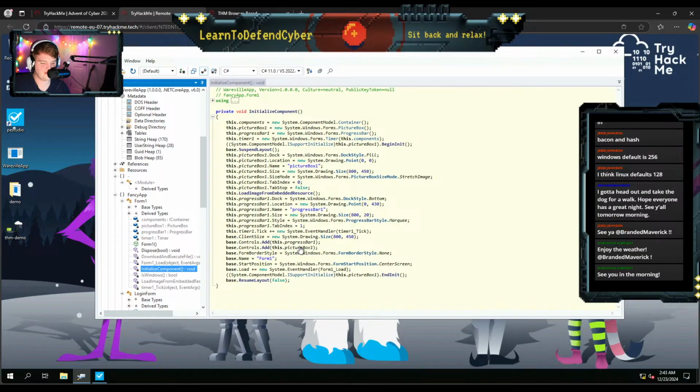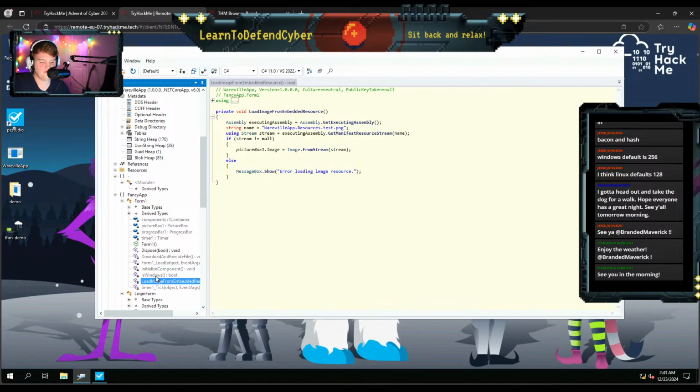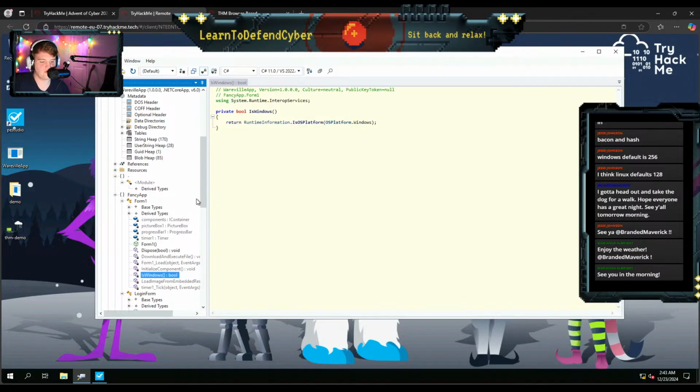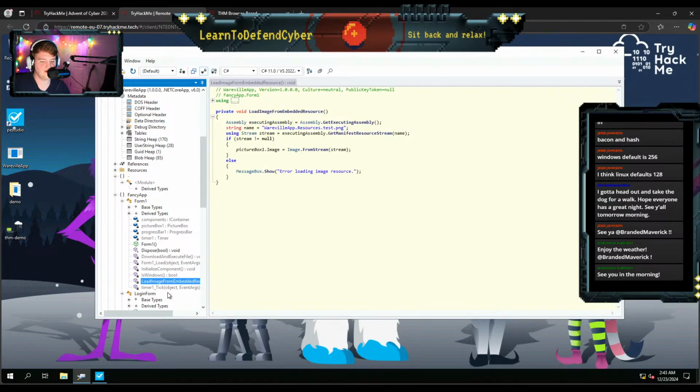Base controls, add the progress bar, add the picture box. So this is giving us a loading box almost. Base name form 1. Form start position, go to the center of the screen, and then make it happen. Is Windows. So what happens if we're on Windows? It just returns that, hey, we're on Windows. All right, nice and easy.